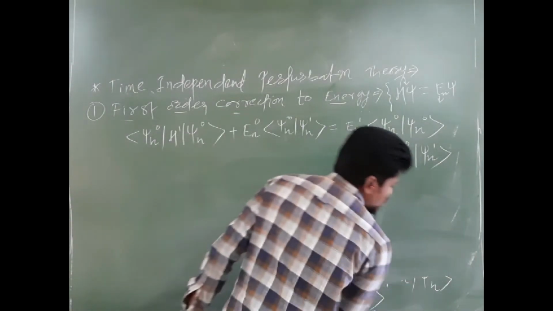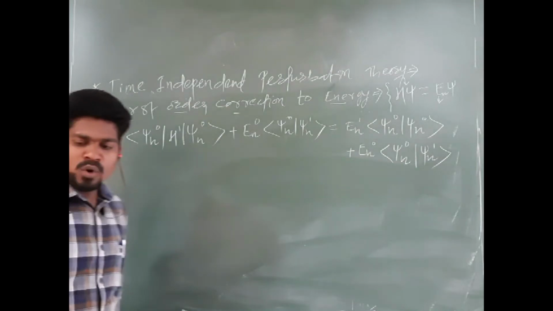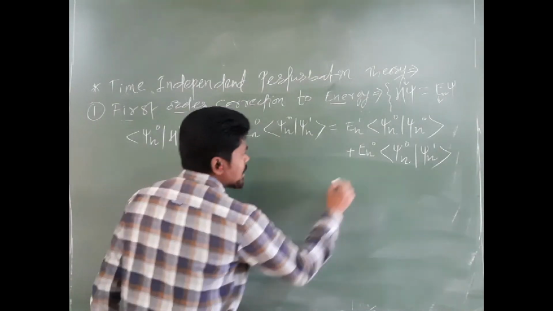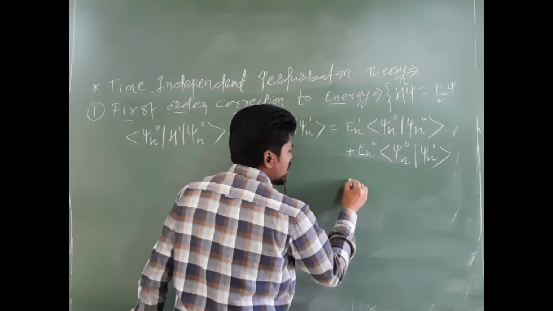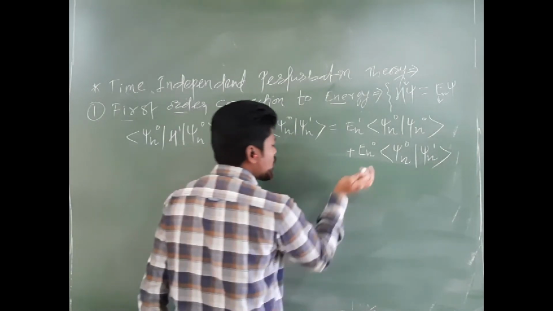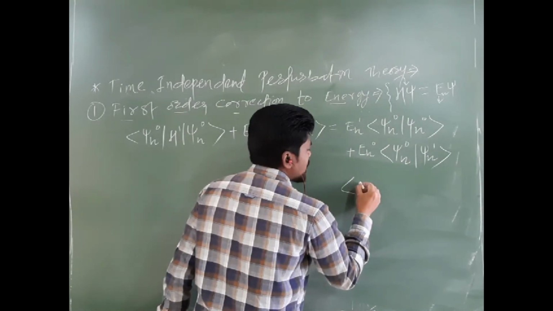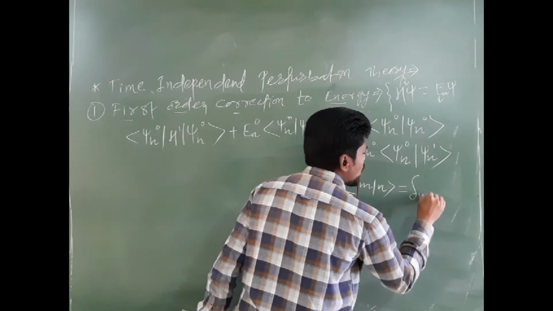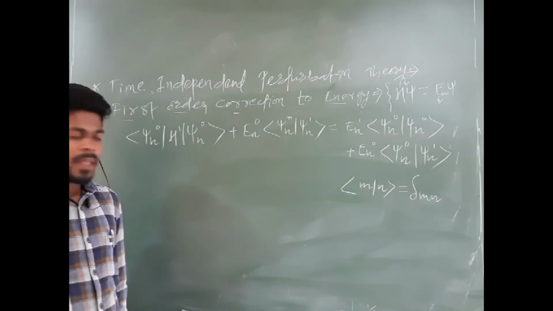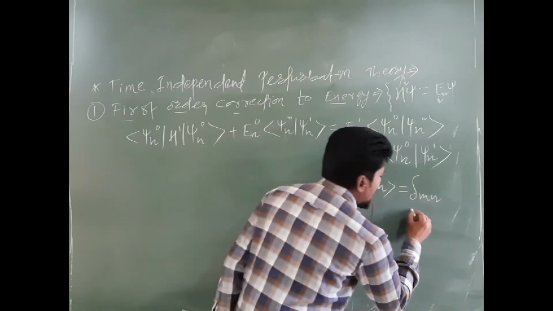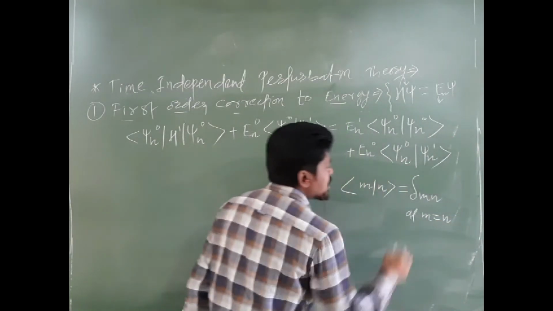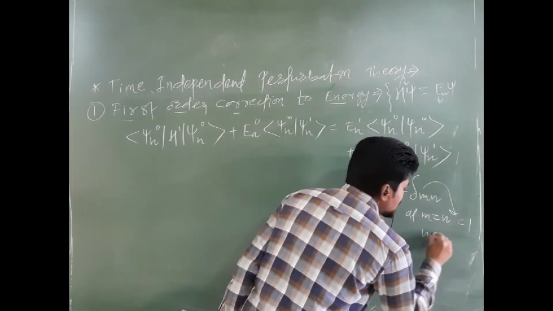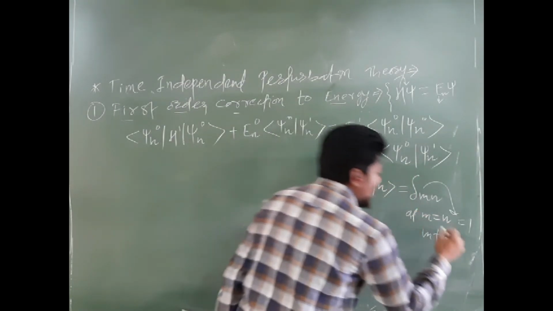Now, one concept that we have seen in our previous discussions, I don't know whether you remember or not. For the Kronecker delta function, in Dirac bracket notation we have one formula, that is, the inner product of two states can be written as delta mn. When these two are equal, that is m equals n, this value will be equal to 1. But if m is not equal to n, then this delta mn will be equal to 0.